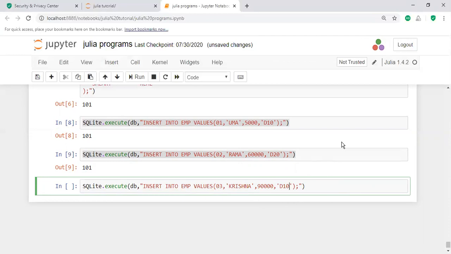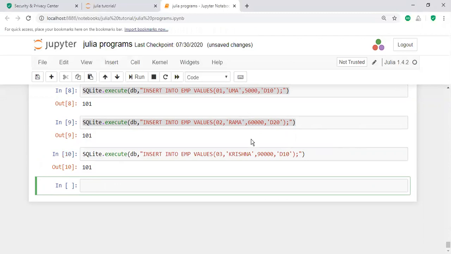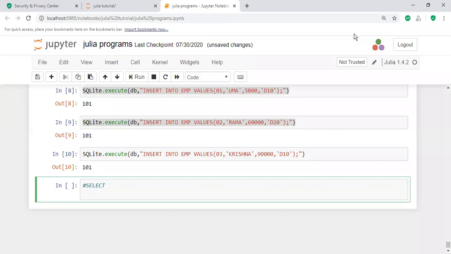In this way you insert values into the table. If you want to verify whether these values are inserted or not, use the database interface command, for example, to see the values here.